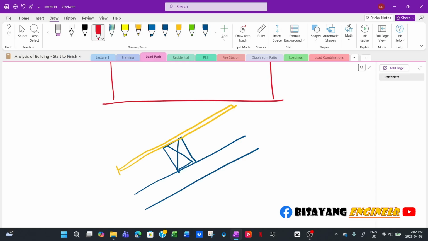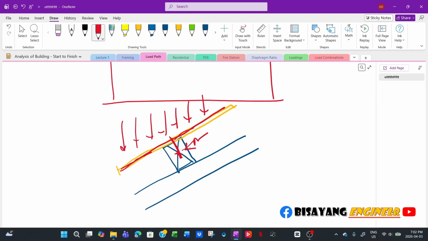Now your snow load, right? Your snow load will be first resisted by your roof sheeting. And then from your roof sheeting, it will be transferred to your purlins. So the purlins will have a vertical component at the same time a horizontal component. And then this load will be transferred to the